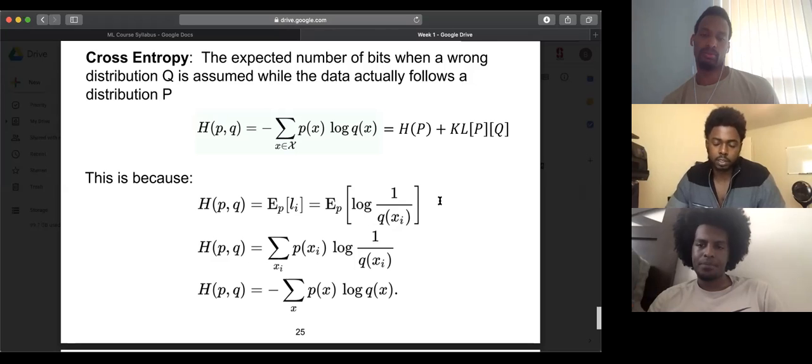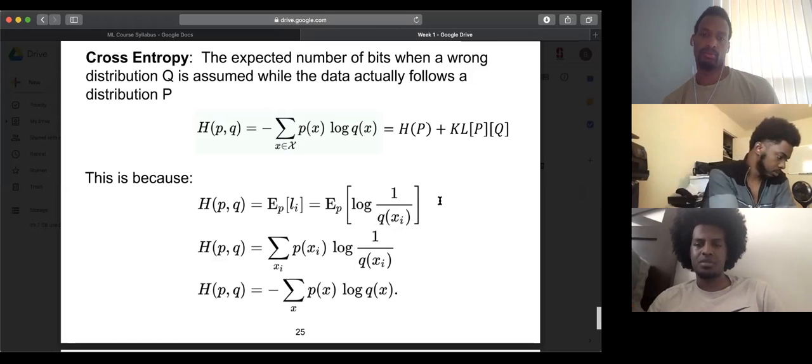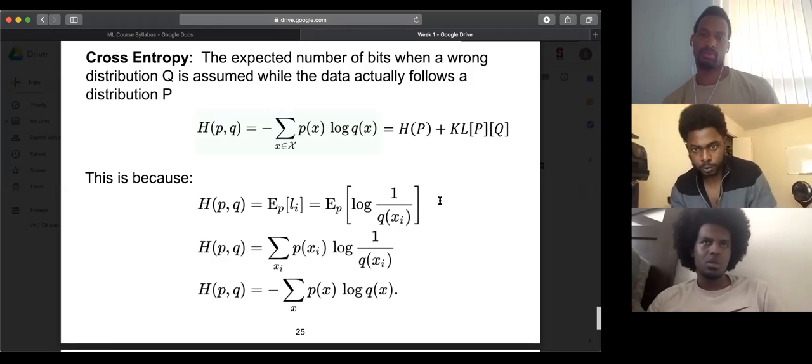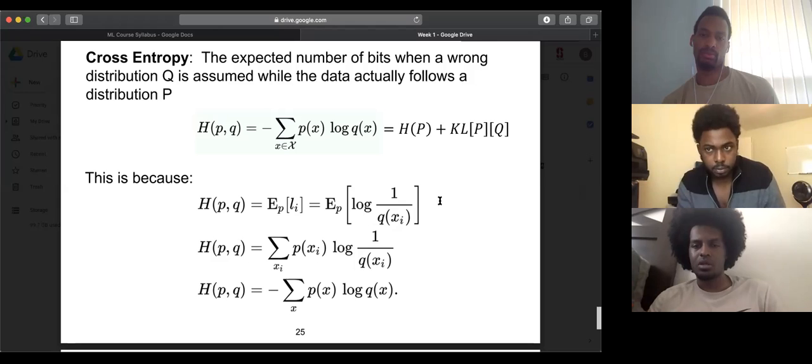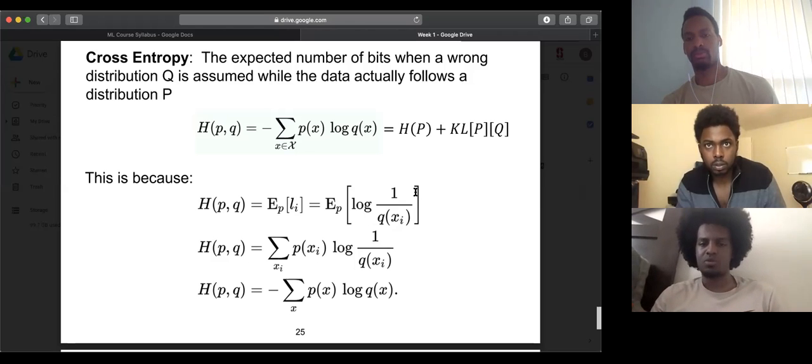Okay, I see. Yeah, it's the same as, say I have a set of labels. So I have data points and I have labels, and the labels are my truths. And my system, my distribution Q, is what I assume the distribution to be. So you can calculate how wrong you are between the two by using probabilities, like using this entropy, cross entropy.